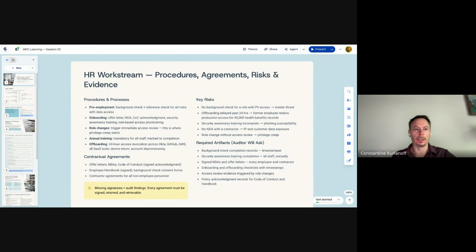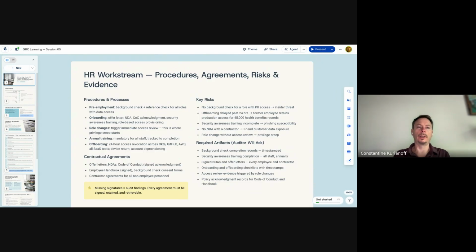But from the GRC perspective, we have controls to satisfy, let's say, from SOC 2, if we use it as an example in our conversation here.